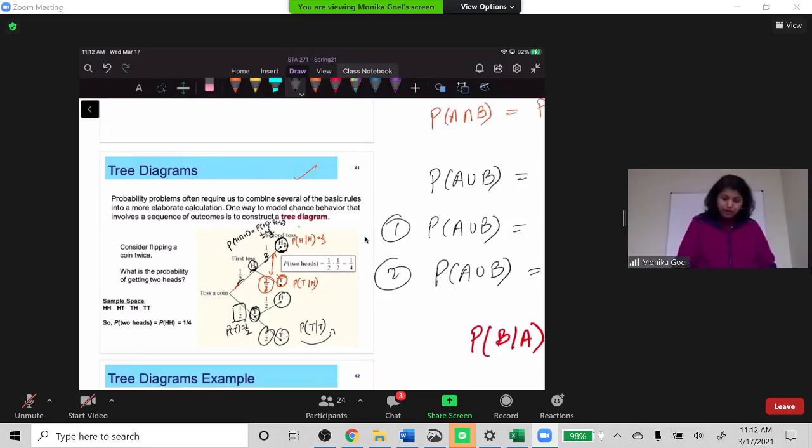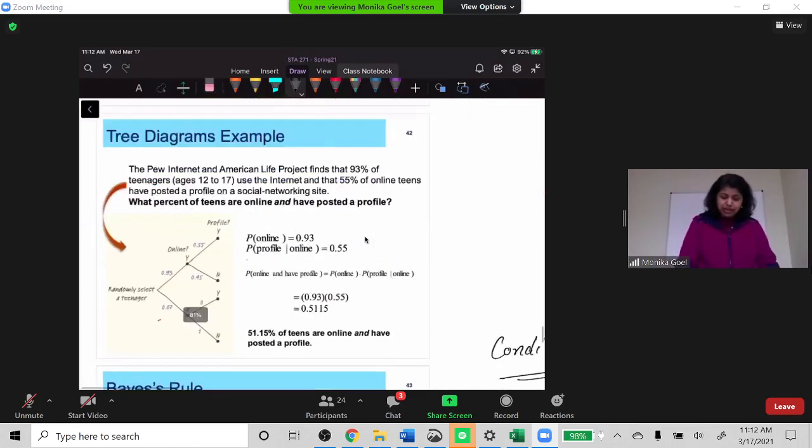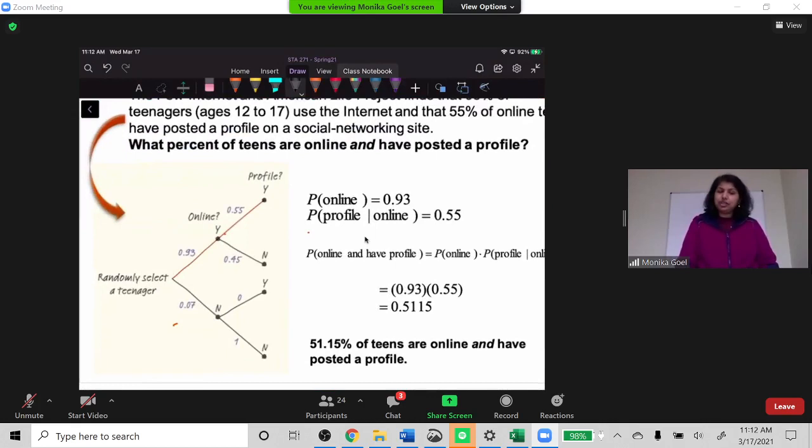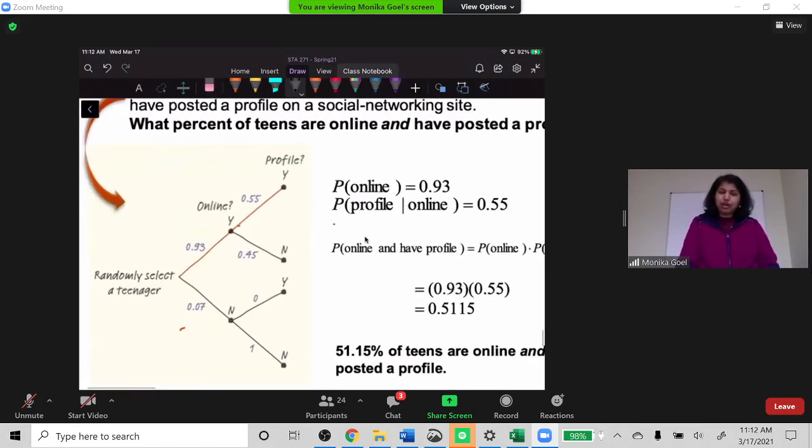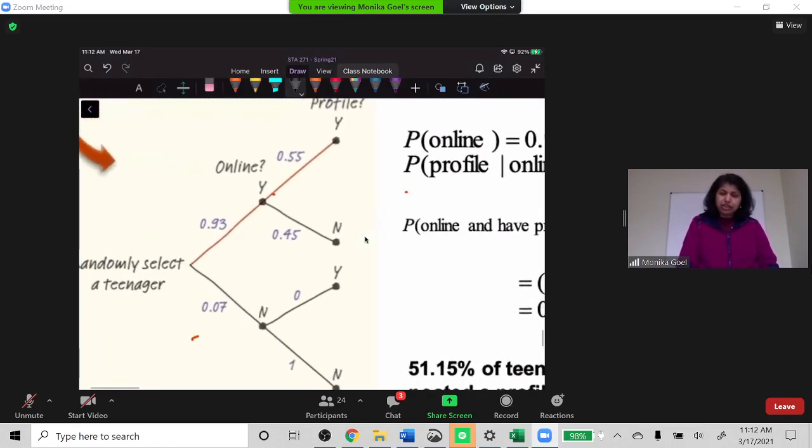Okay, if not, let's see the tree diagram and see how we use conditional probability or how we do the notations. So we will do the problem later on. First, let's just look at this tree diagram. And as I mentioned in the class, the tree diagram helps us to understand what information is given to us, and we can visualize that and assign the probability to each part, or the given part, or the intersection. So the tree diagram helps us in understanding a lot of things.